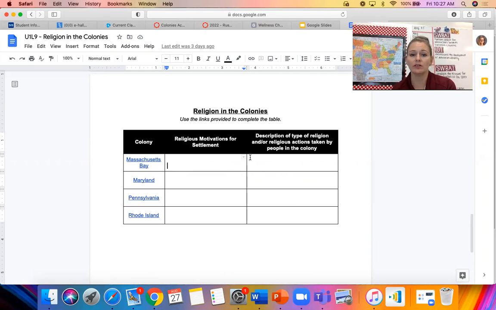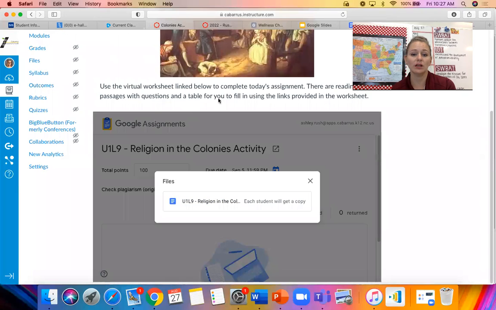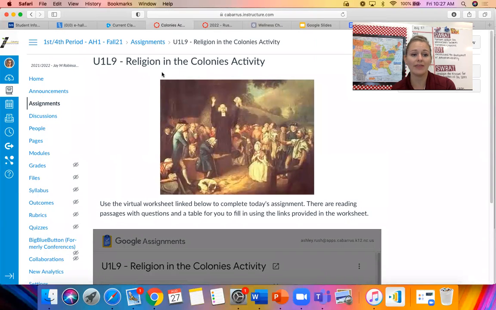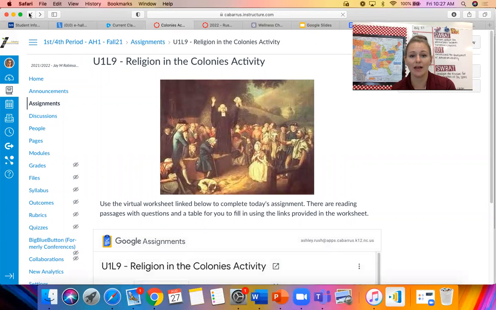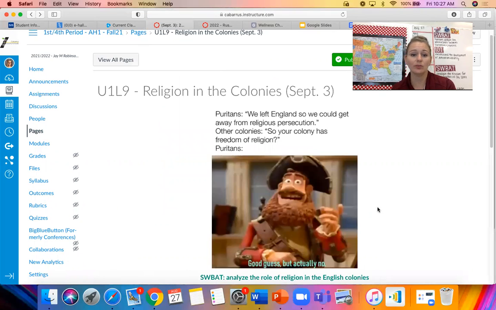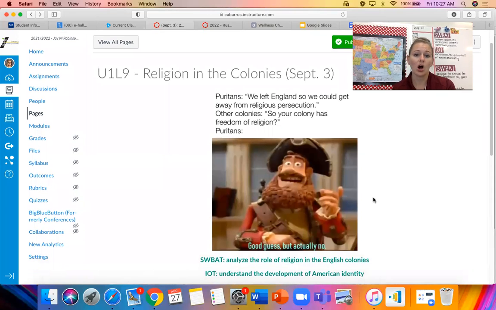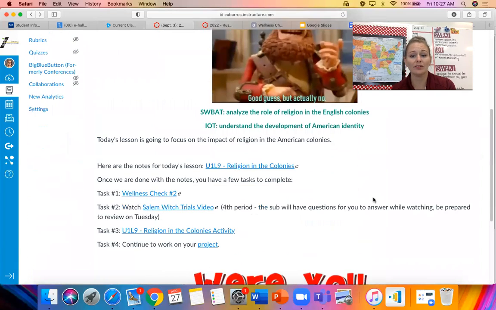So when you're done with this, you'll go back and submit it in Canvas, and you will be good to go on that front. And then any time that you have left after that, you need to spend working on that project. Remember, that project counts as a test grade. If you and your partners, if you're working with other people, are completely done with all of the other tasks and the substitute is okay with it, then I'm okay with you working together. Just make sure you're being on task and you're not being disruptive, and keep those phones away, y'all.